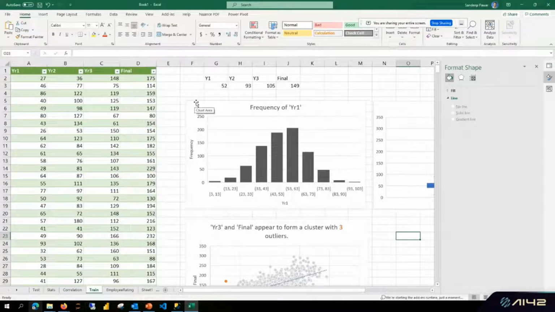We analyze the data. We have some sort of an insight that, first, there are some problems in our database. There might be some values that had to be corrected. We had to transform the data. Which means that you should let your HR person know to create some sort of a data quality check or do something so that we don't have these issues in the future. Second, we identified that year 1 is not such a good predictor, which is good, because then it tells us that maybe